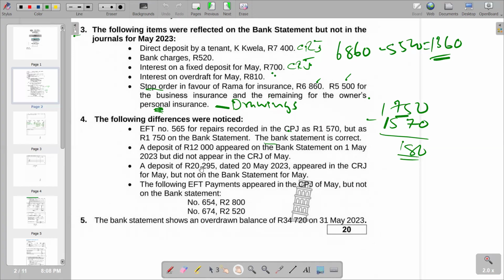So there's a deposit that transpired on 20 May 2023. Remember, the bank reconciliation statement is being prepared at the end of May. The assumption is that this deposit is going to be processed. That's why it is already appearing in the cash receipt journal. So we need to put it in the bank reconciliation statement, so we are going to transfer this one to the bank reconciliation, which is